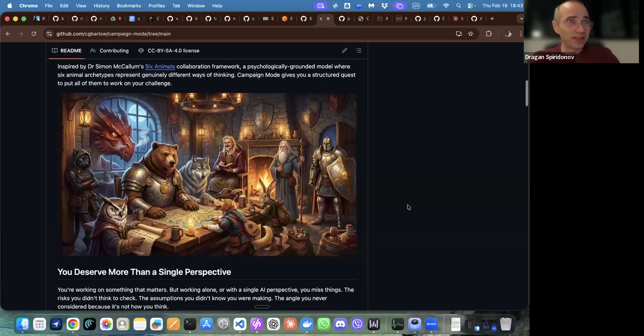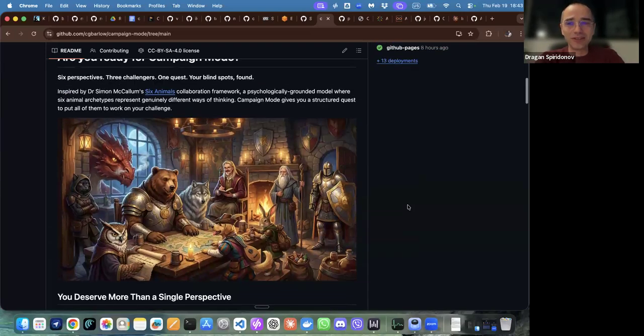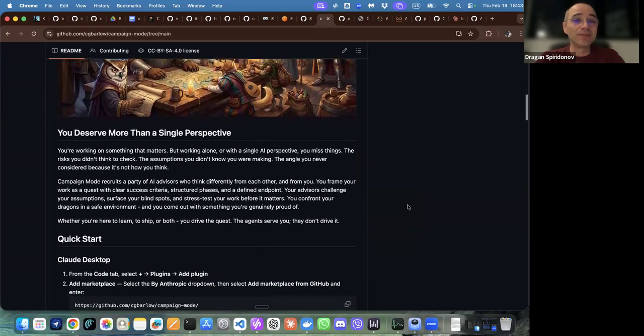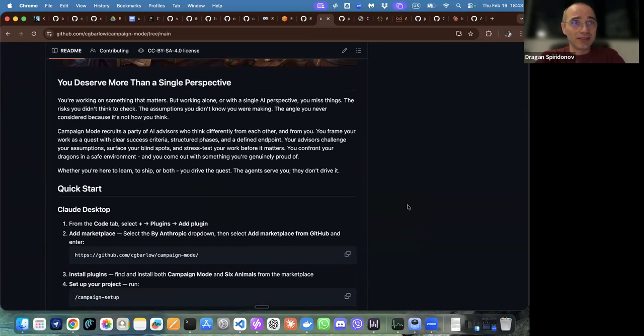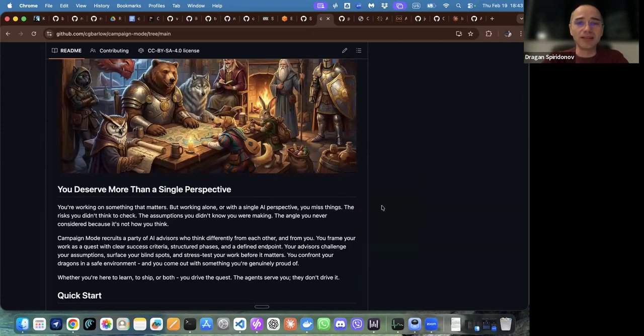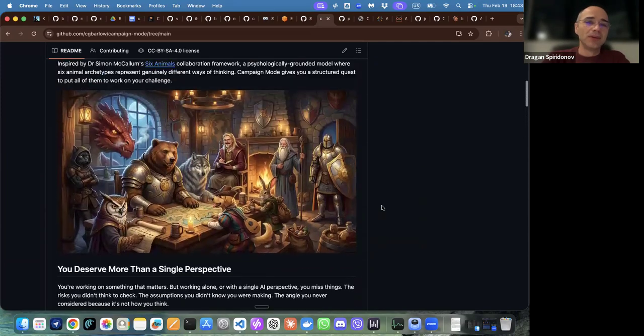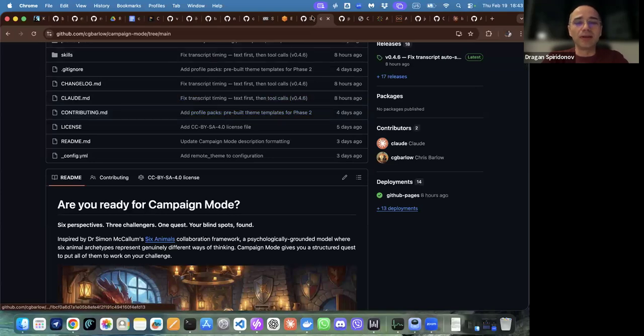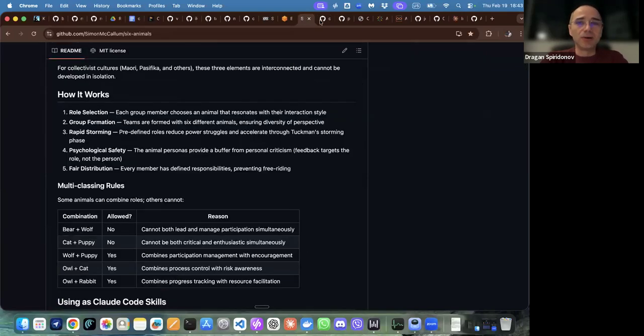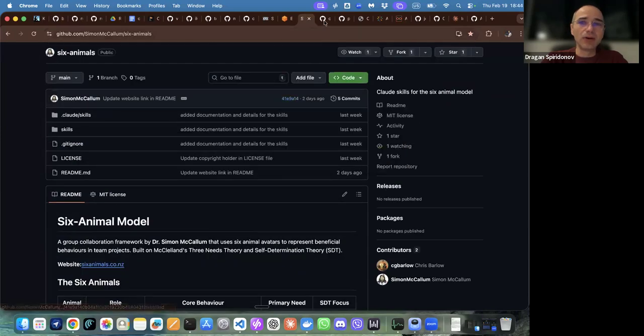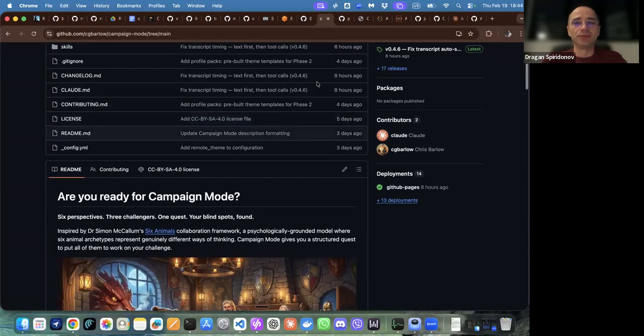This type of guild thing is something I really appreciate in this community: you get amazing, fabulous ideas popping up around, and everybody is trying to build on top of other people's work and upgrade it, adding some flavor from their side. So this is on my plan to play with, this combo of the 6-animal model and campaign mode.